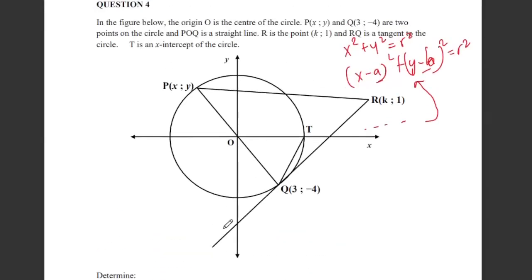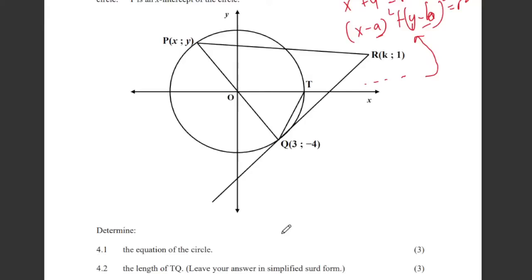So since the circle is passing through the origin, all we need is just the radius. We have the origin, which is 0 for x and then 0 for y. Use OQ and then get the distance formula. That will be our radius. And then substitute it there. Then the length TQ,